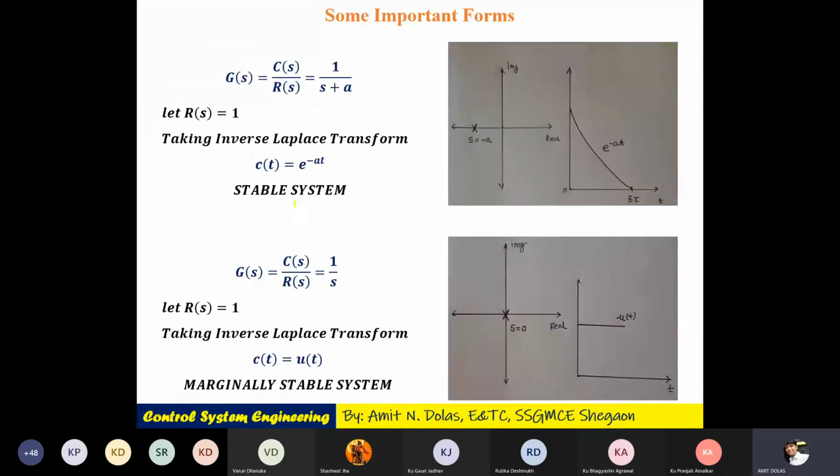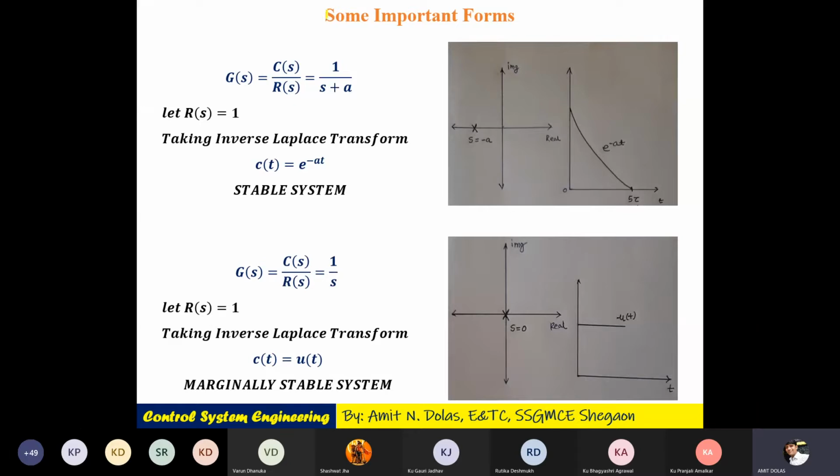Moving ahead, we will see examples one by one, and we'll understand whether the system is stable or not. The stability definition, you know, is BIBO stable. If the output is bounded with bounded input, then the system is stable. Bounded means what? It should not move towards infinity. It should have a certain end.